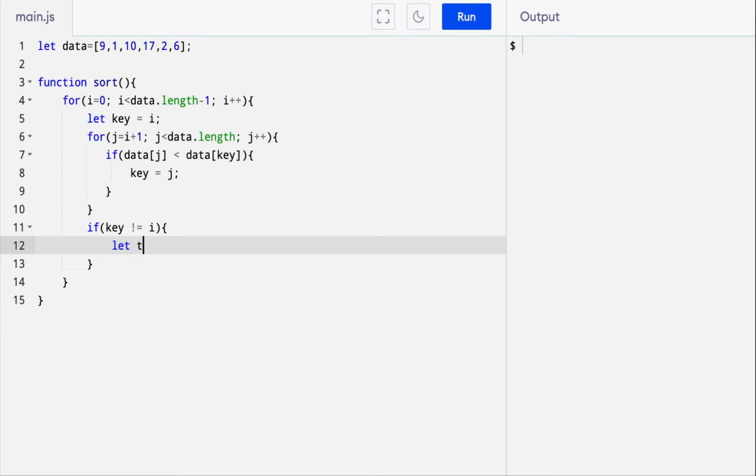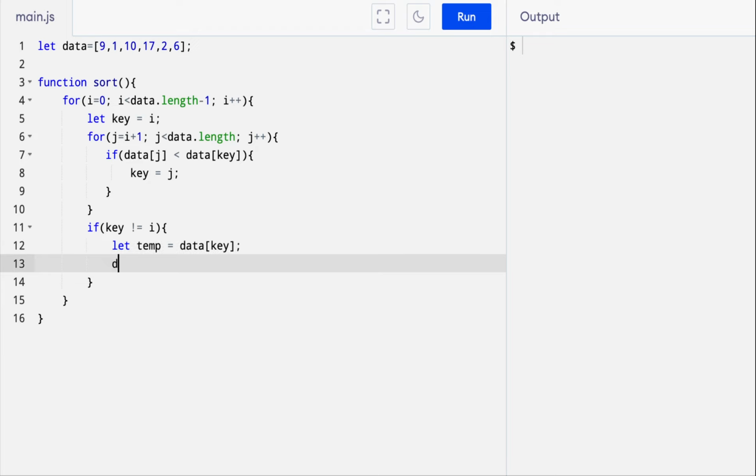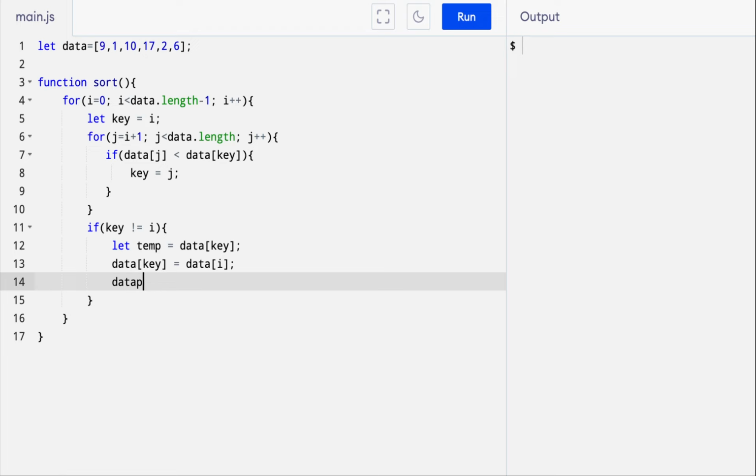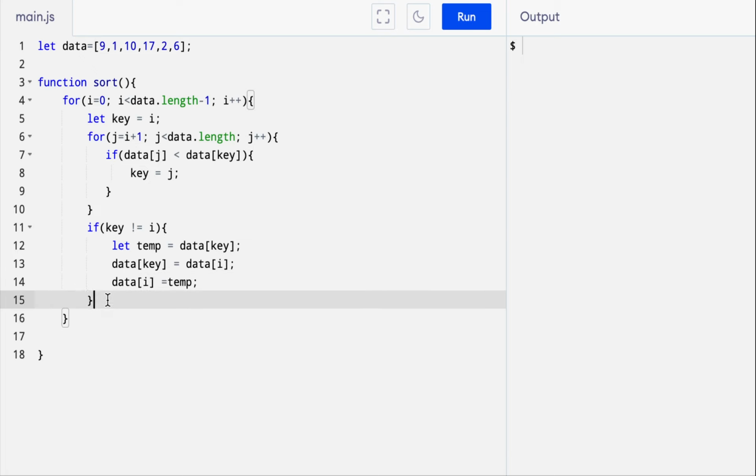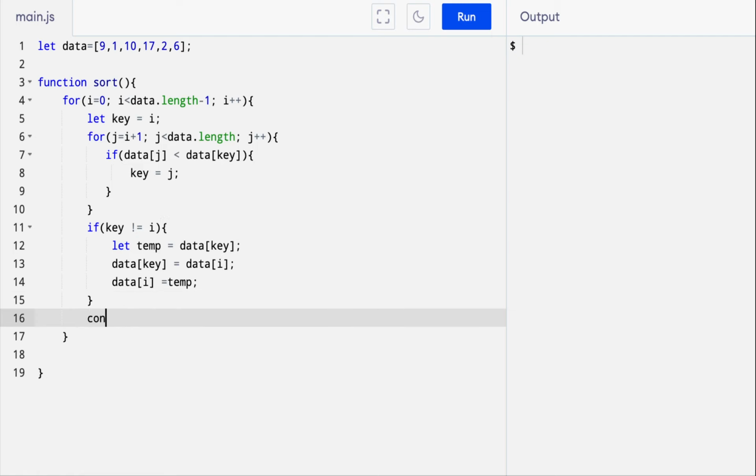Let temp equal to data of key, data of key is equal to data of i, then data of i is equal to temp. So okay, I will print the process here, console.log